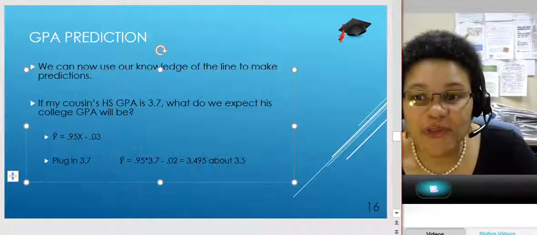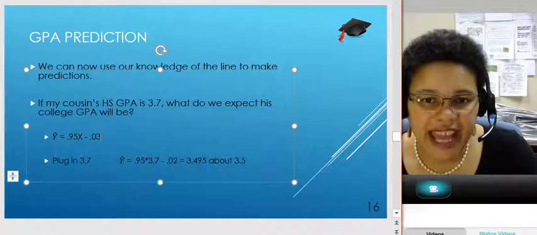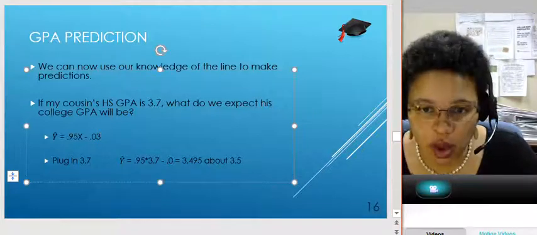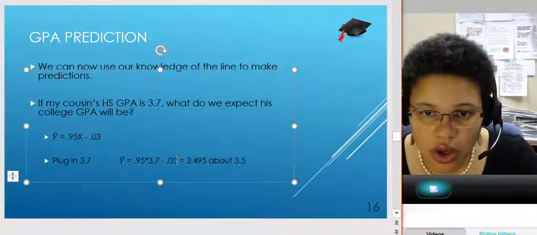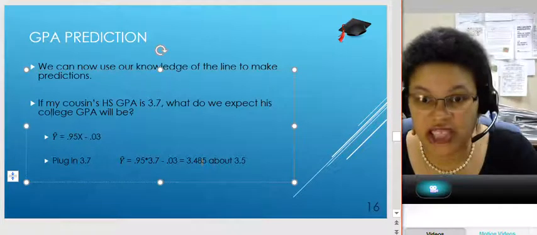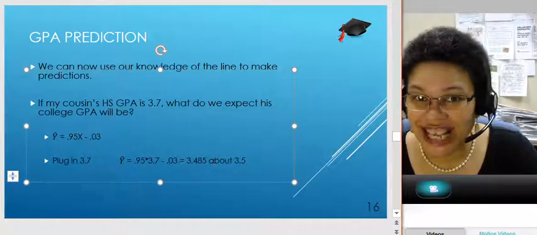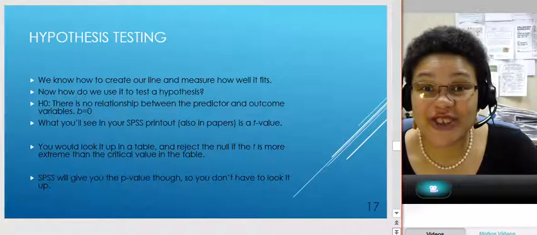If my cousin's high school GPA is 3.7, what do we expect his college GPA to be? And we would plug in 3.7 into our formula. So y hat equals 0.95 times 3.7 minus 0.03. So this would be 3.48, which is still about 3.5. Okay? So we expect him not to do quite as well in college. College is a little bit harder than high school. All right. And that's basically how you can use